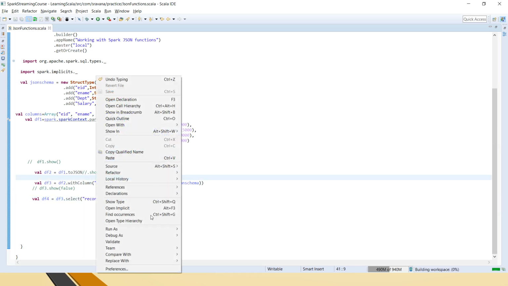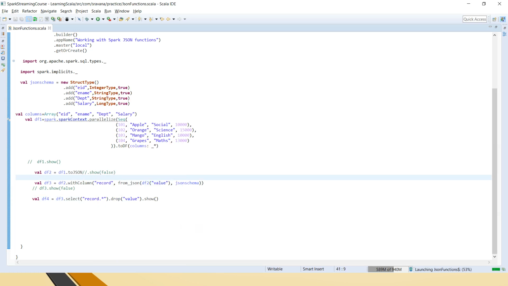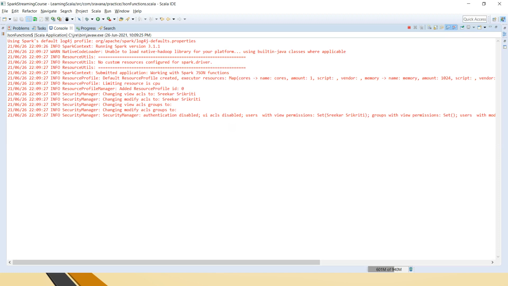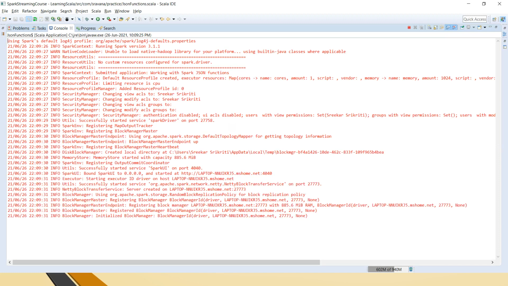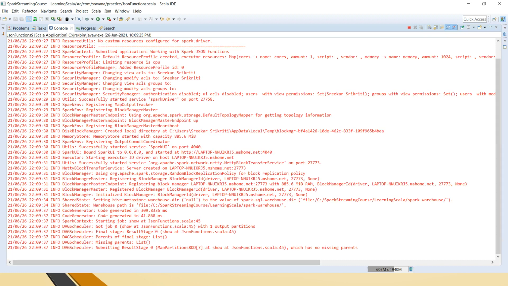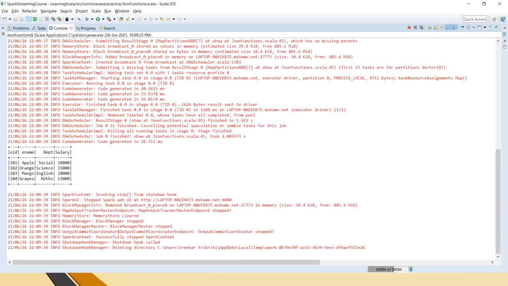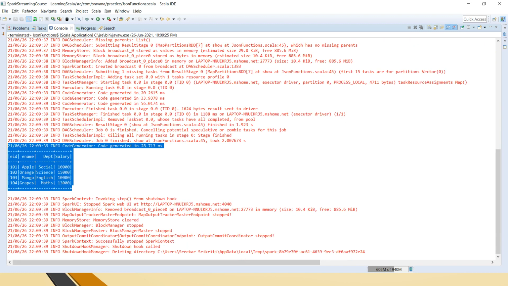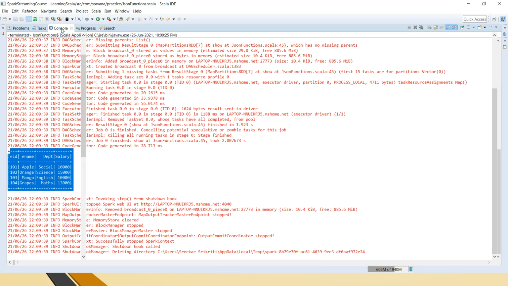So let me run this code. So if you see here, the initial tabular format, whatever we started with, we have achieved that.